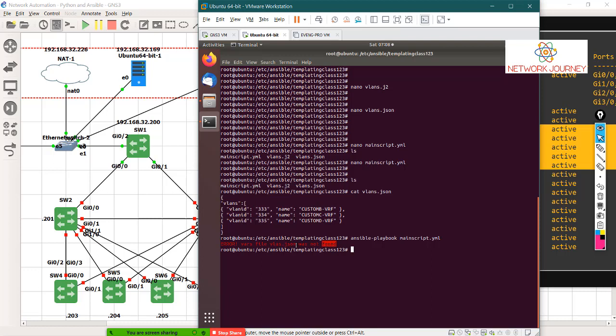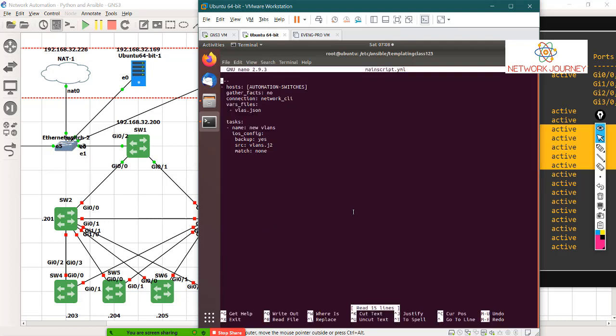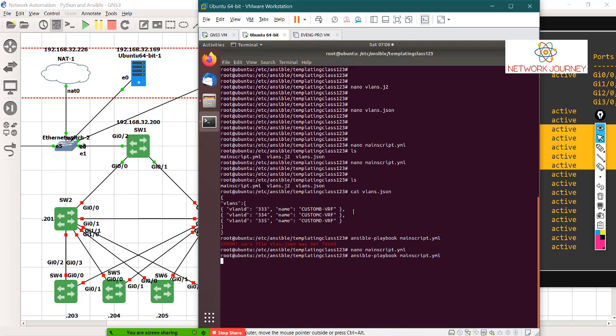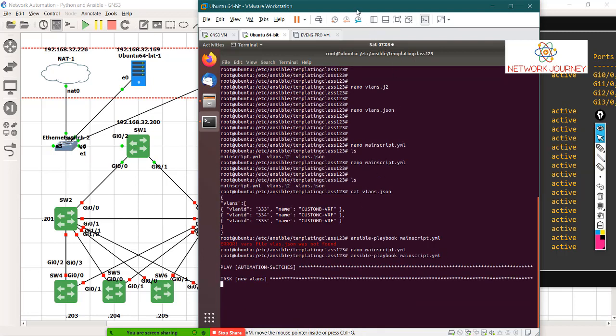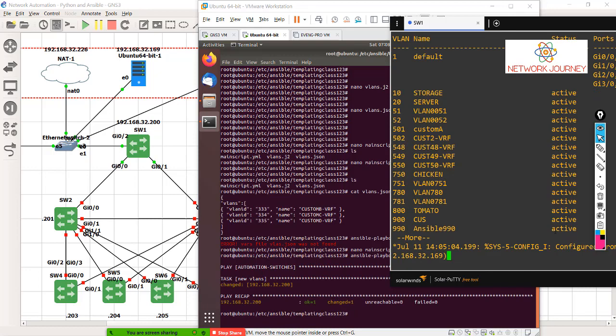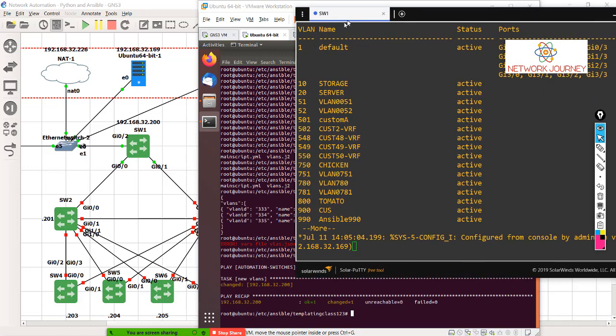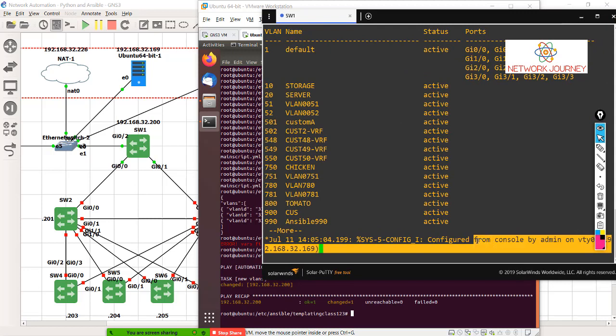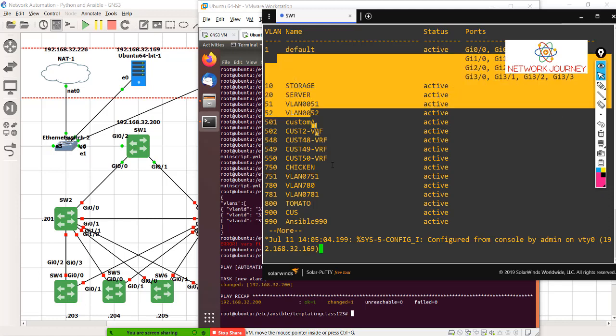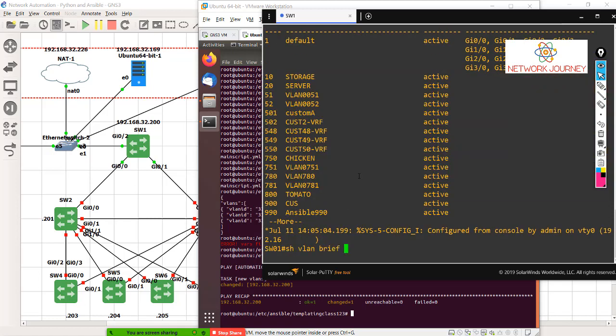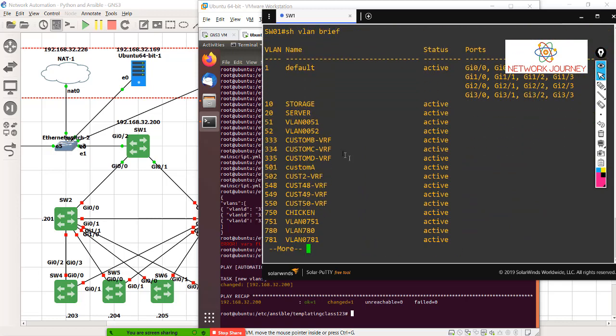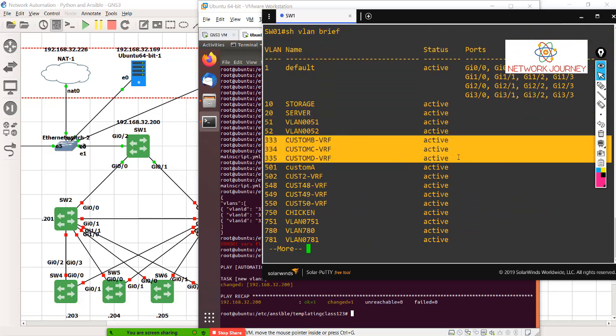VLAN was not found. So basically there is a typo error. Okay, so what is the typo error? Let's go and fix that. It's VLANs. Okay, looks like it's executing, but let's wait. Okay, do we have something? Yes, we have something. It says that the script configured on line vty 0. Now let's do the same command, show vlan brief, and you see you have the three VLANs.